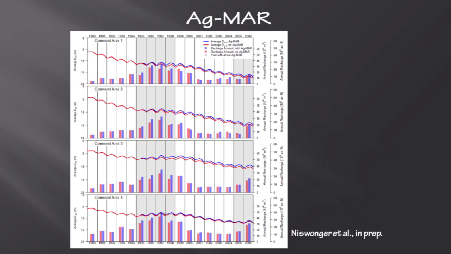There's a lot of variability in the groundwater levels within those agricultural areas, but if we take the average, the red lines represent the non-winter irrigation, and the blue lines represent the irrigated area. You can see that there are benefits to some of the command areas, but as we get lower down in the system, the benefits decrease.